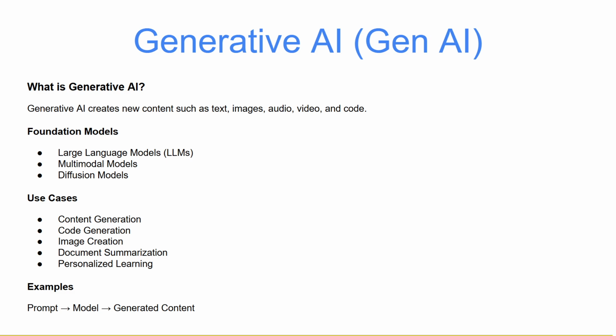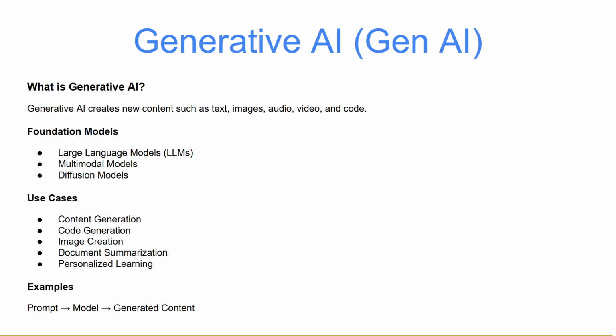Generative AI is a major breakthrough. Instead of just analyzing the data, it creates new content. This includes text, image, audio, video, and code. Examples: ChatGPT, DALL-E, Midjourney, right? Generative AI uses large models trained on massive datasets. These models learn patterns and generate human-like output. For example, writing essays, creating art, generating code.